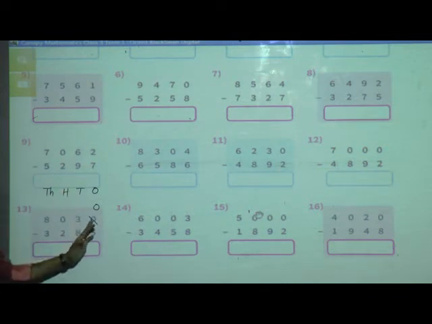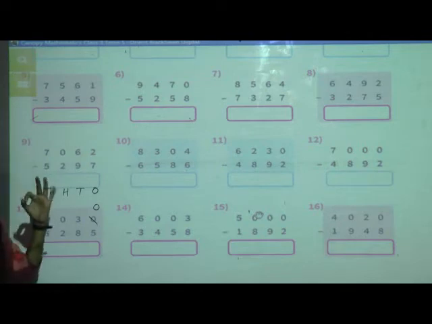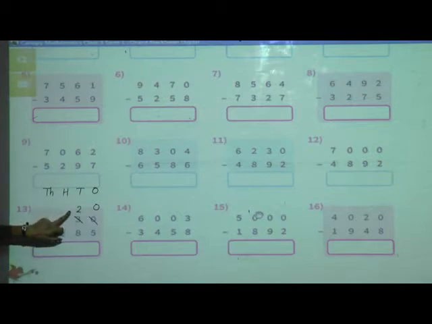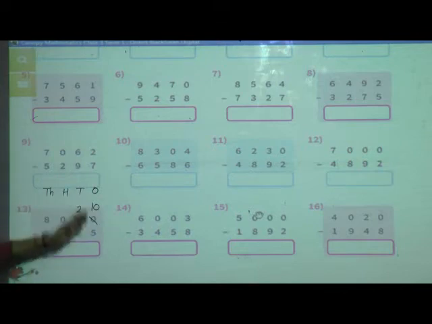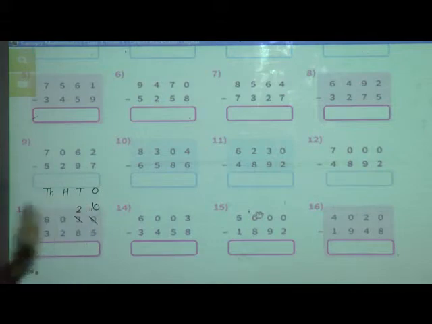Now who is the neighbor of ones? Tens is the neighbor of ones. This tens is having 3, so we will take one borrow from this tens. Just cut this 3, 3 minus 1, 2 will remain. Now see the ones place. Here 10 is there and here 5 is there. Do the subtraction, 10 ones minus 5 ones, 5. So at ones place we will write 5.